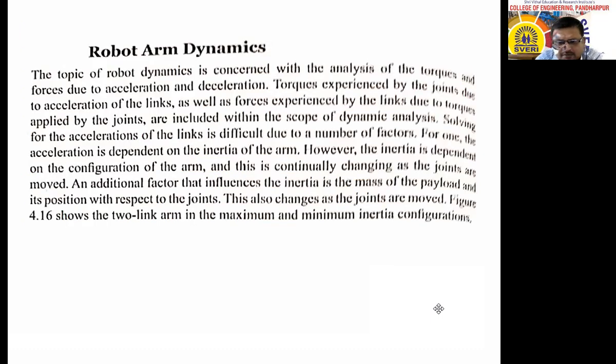Now, robot arm dynamics. The topic of robot dynamics is concerned with the analysis of the torques and forces due to acceleration and deceleration. Torques experienced by the joints due to acceleration of the joints, as well as forces experienced by the links due to torques applied by the joints, are included within the scope of the dynamic analysis. Solving for the dynamics of the links is difficult due to a number of factors. For example,